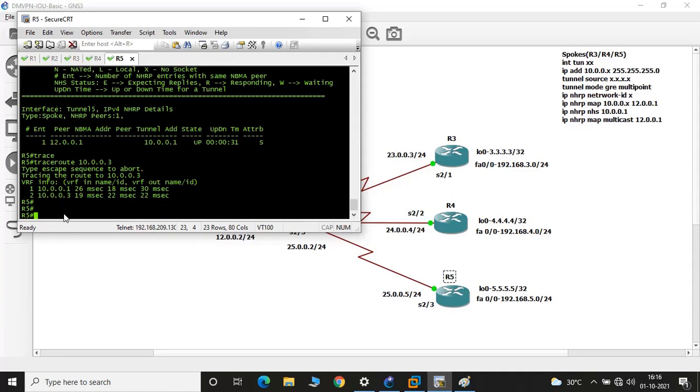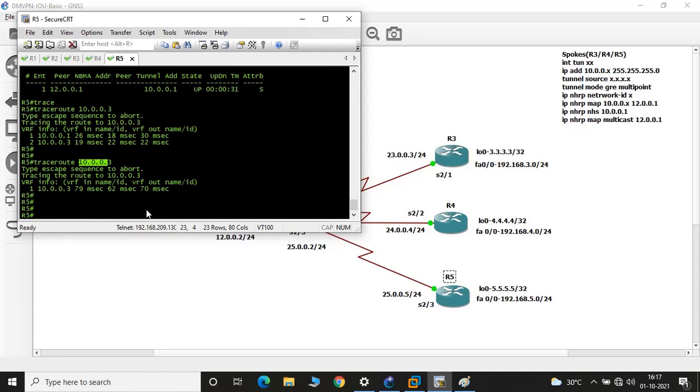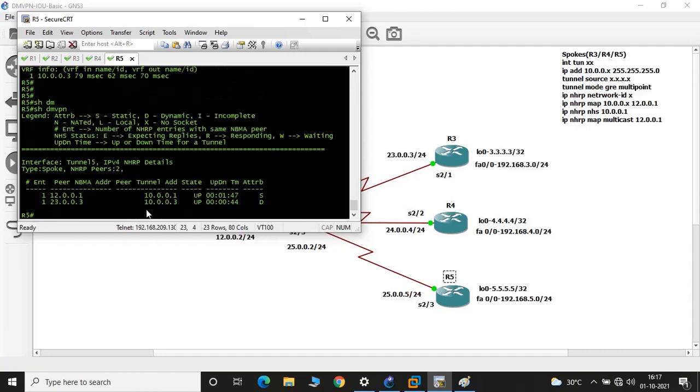But if you try now, then you will see 10.0.0.3 you are learning directly from the tunnel itself. There are no two hop counts. This is the beauty of DMVPN, where spokes will create the tunnel from spoke to spoke and spoke to hub as well. And if you want to verify, just give the command show DMVPN.